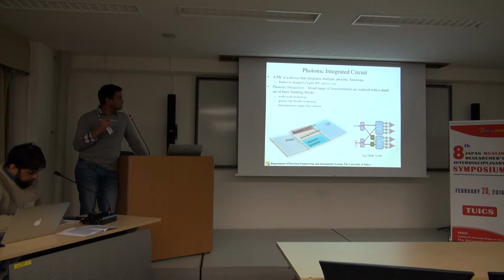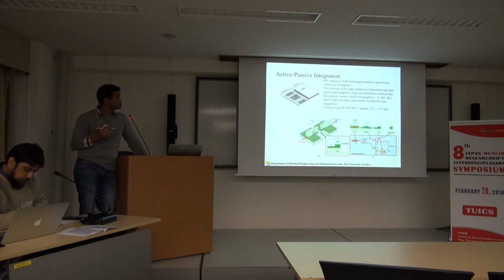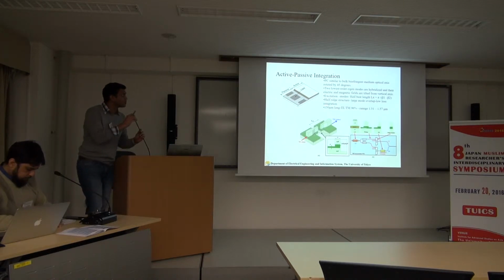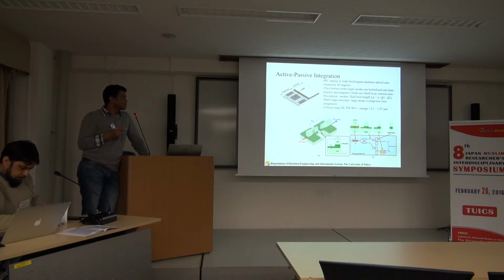This is what a basic PIC circuit looks like, and I will skip this slide. I talk about this because for integrated photonics, you need to integrate active components with passive components to achieve any good application. Because if you don't have the active part in your circuit, which is a laser, you don't have the heart of your device. If you have light, then you can do anything, with any sensing application or any transmission application.